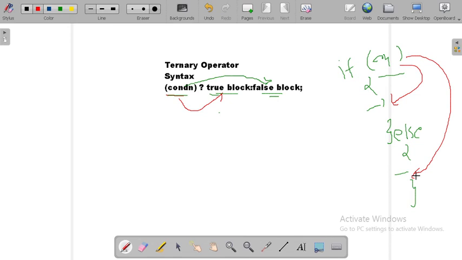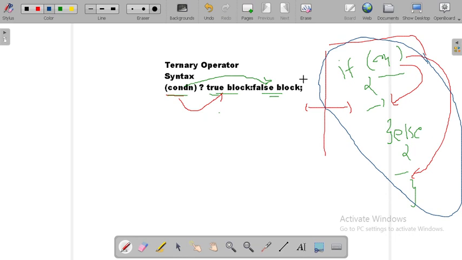In the previous class I told you that the logic of this ternary operator and if-else is similar. Now the question arises, sir, which concept should I use, the ternary operator or if-else? It is your choice as a programmer. But you have to go for simpler writing of the code. The only difference is in how you write the code here, and you can see the syntax of this ternary operator here. That is the only difference, the way of writing the code.